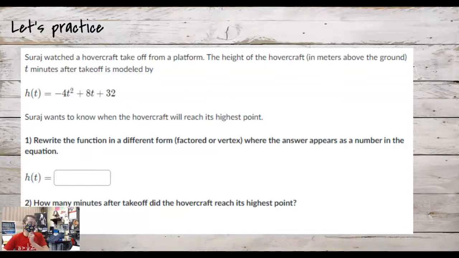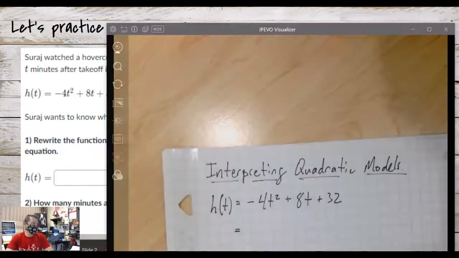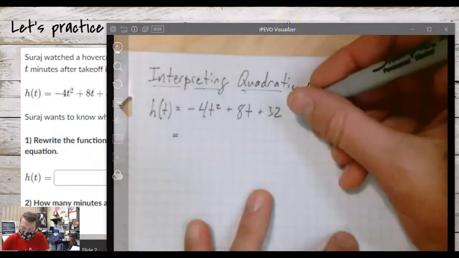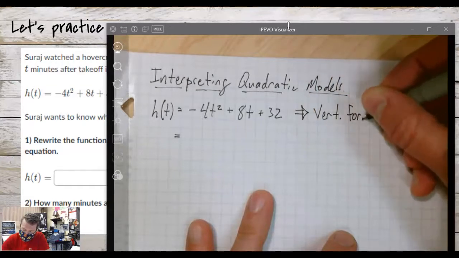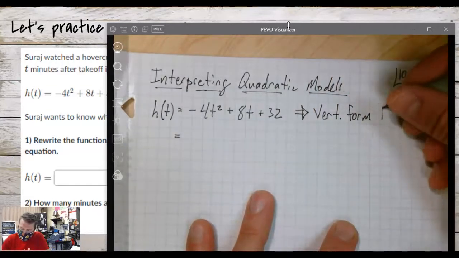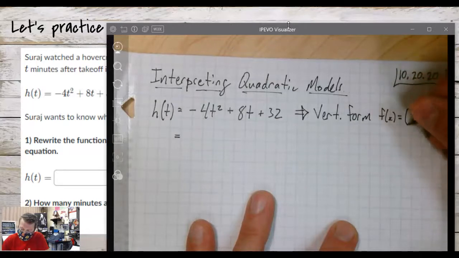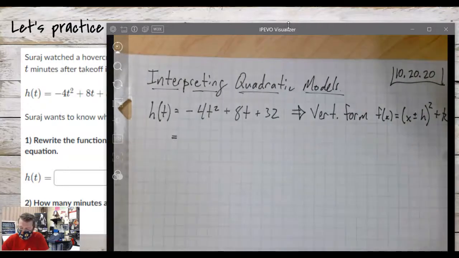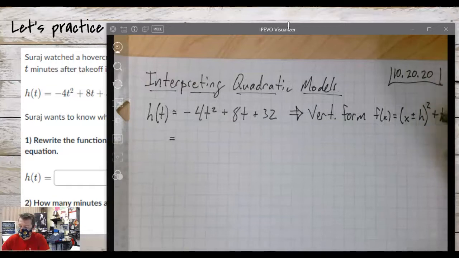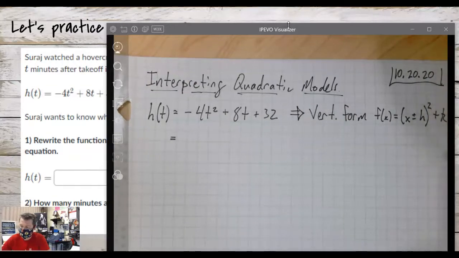If we want to try to get this into vertex form, we remember that vertex form is the type that has... We want this to go into vertex form. And vertex form is that whole f of x equals x plus or minus something, right, we said h, squared plus, we called it k. Yeah, we called them h and k back when we wrote down this notation. So if we're trying to stick with what we've written on our notes before,